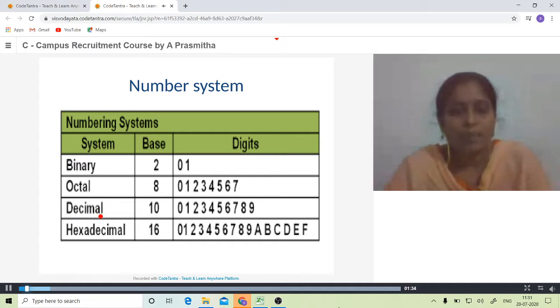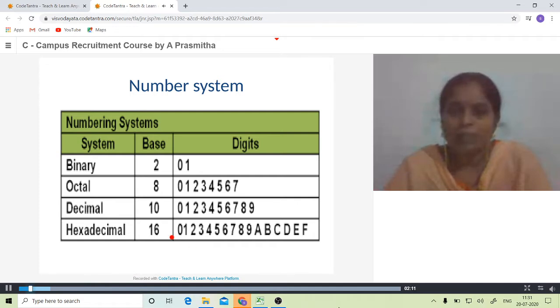In the decimal number system, the base number is 10 and the allowed digits are 0 to 9. In the hexadecimal number system, the base number is 16, and the allowed digits are 0 to 9, then 10 is called A, 11 is called B, 12 is called C, 13 is called D, 14 is called E, 15 is called F.